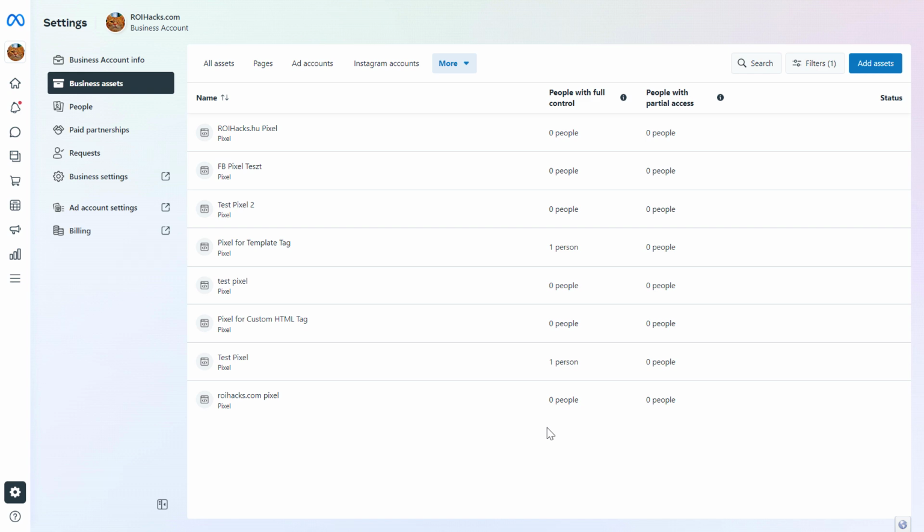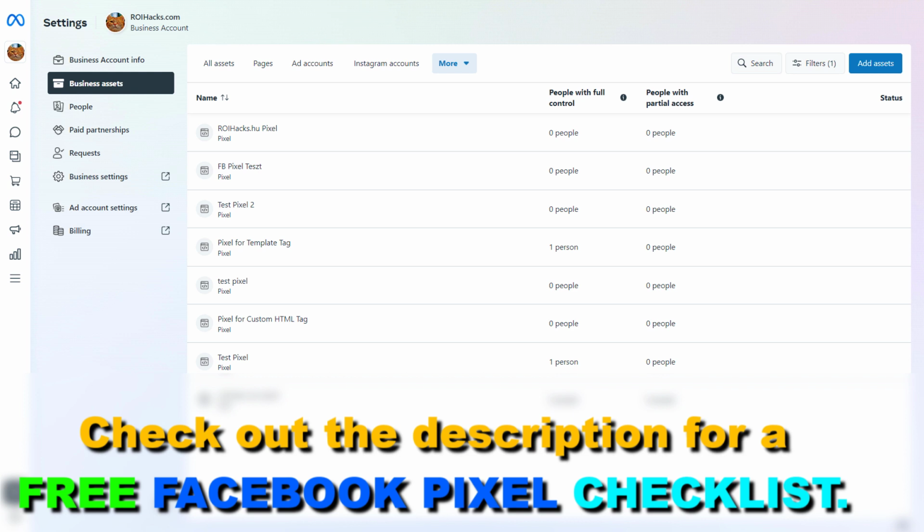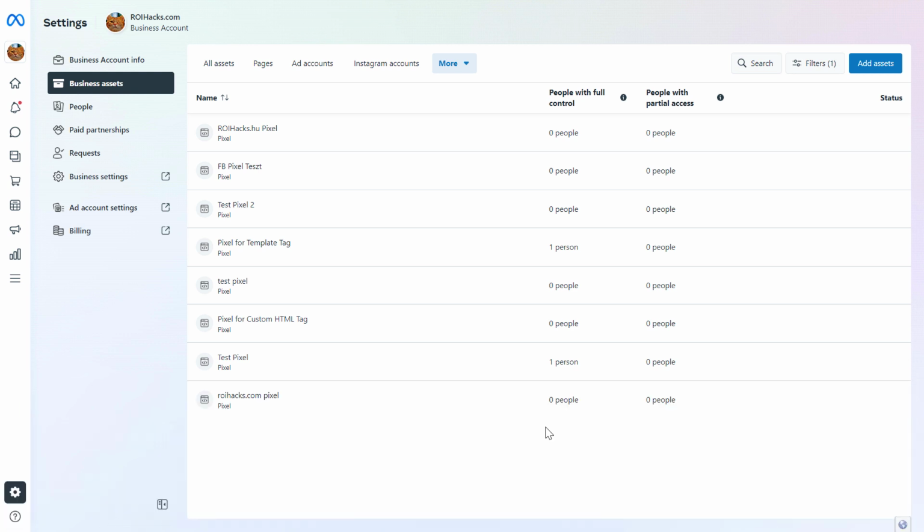I'm going to show you two ways. So if you cannot do with the first method I'm going to show you, I'm also going to show you a second method that you can use to find the Facebook pixel ID. So the first method is going to be in the Meta Business Suite. So if you want to find out the Facebook pixel ID using the Meta Business Suite, first you have to